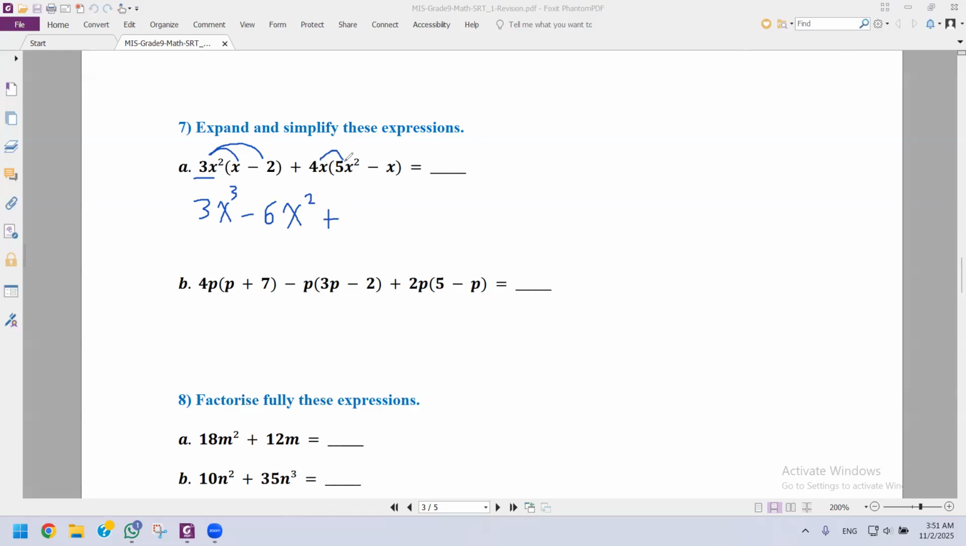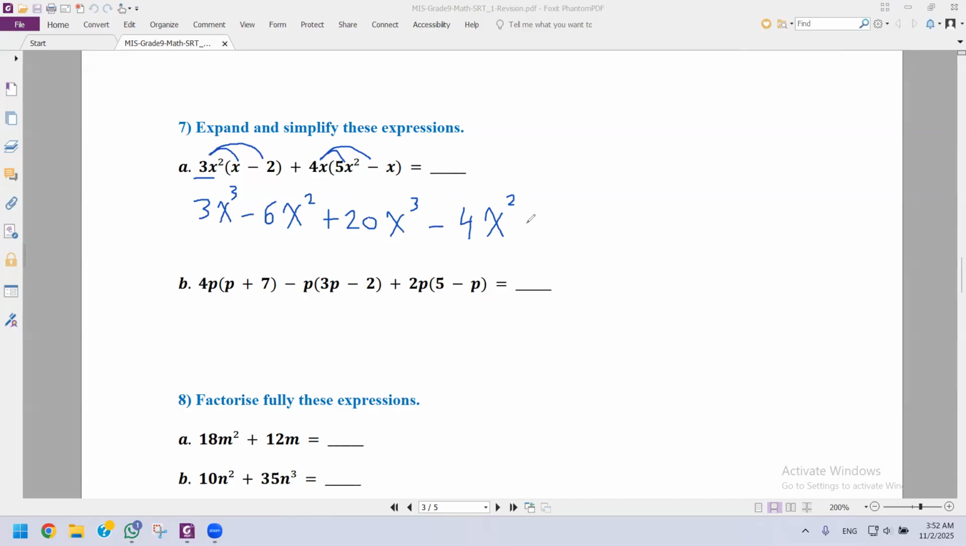Now plus, let's do this part. 4 times 5, 20. x times x squared is x cubed. Next, plus times minus, minus. 4 times nothing here is 4. And x times x is x squared. So now I finished the multiplication